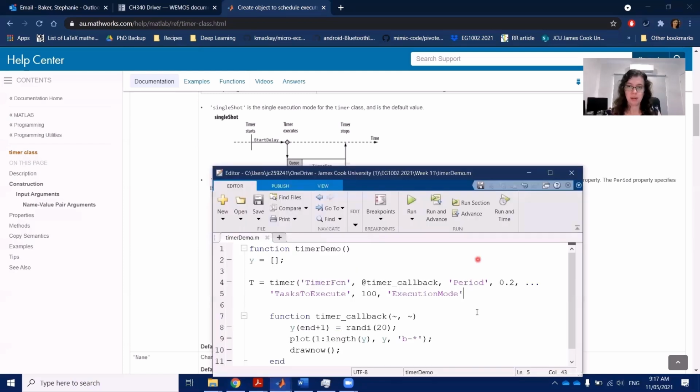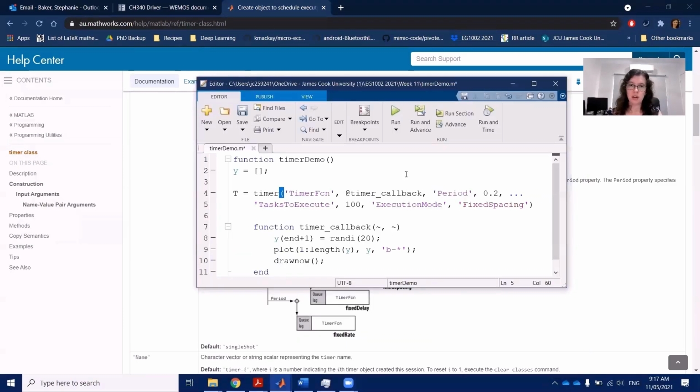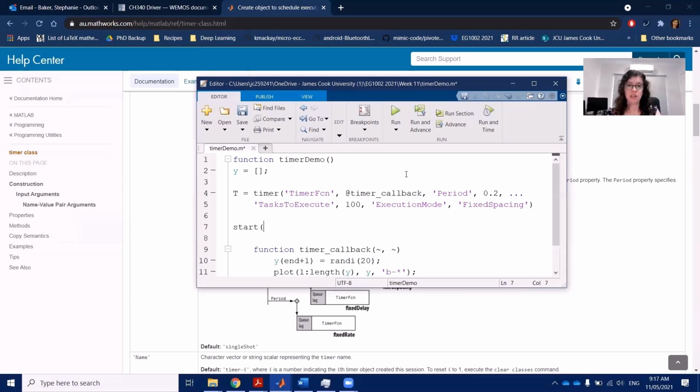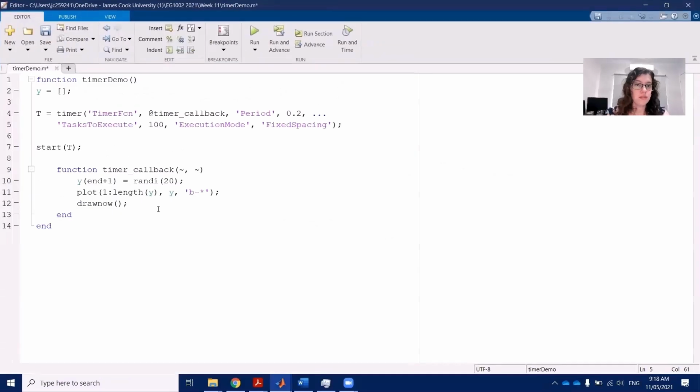So I'm going to bring that one up and type in fixed spacing, and I'm going to get rid of my spotlight at this point. Close that off. And then the last thing we need to do is actually start that timer with the start command. So I'll open this up so we can see the full product. And if I hit run,